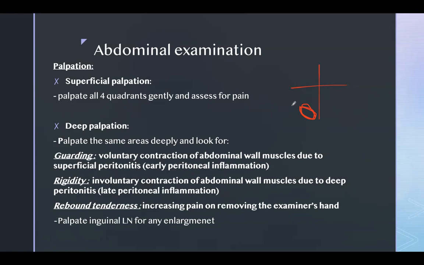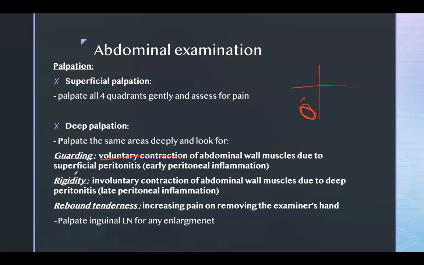And then rigidity and guarding are 2 similar terms, but there's a very core difference. Guarding is the voluntary contraction that can happen as a result of you palpating. This usually happens when there's peritonitis, but it's an early kind of inflammation. The process is still early. For example, there is some kind of intestinal perforation, causing peritonitis, but it's early in the process. So the patient will have voluntary guarding. Once you put your hand, they will try to guard,